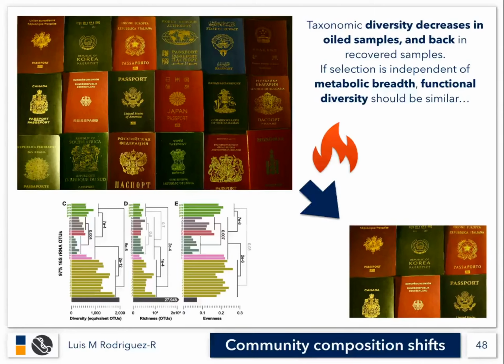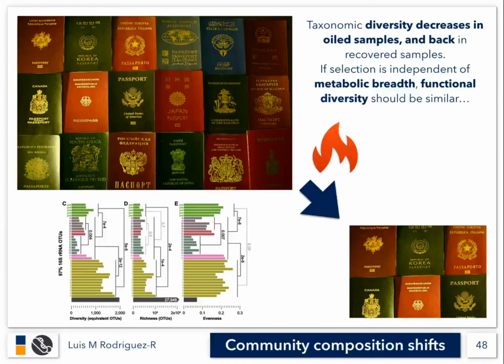This is similar to a large group of travelers, and then there is this unexpected catastrophe. Before, we had a high diversity of nationalities represented in our group, and then the resulting group has a very small diversity of nationalities.